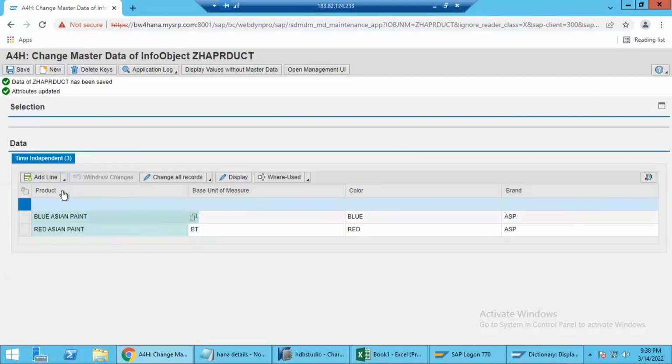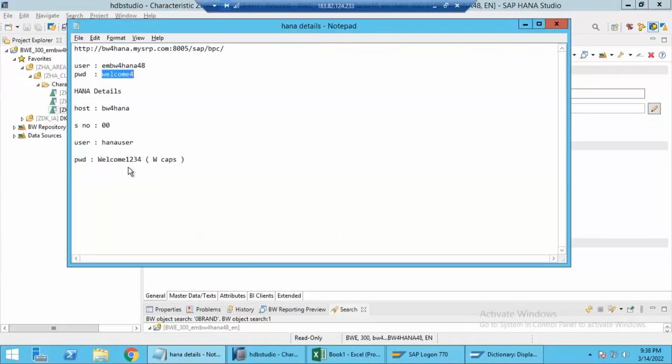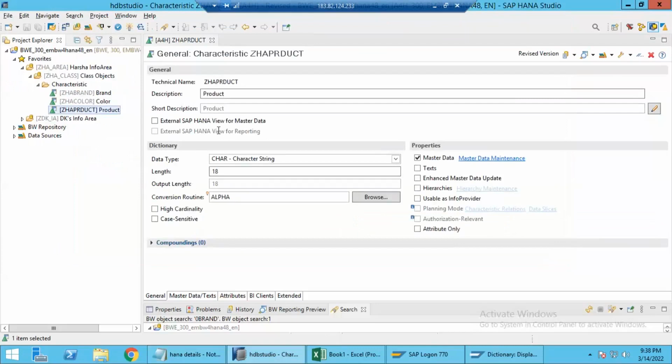Data was saved. That's it. Close this one. Go back here. Now, whatever data you saved, if you want to see the master data of